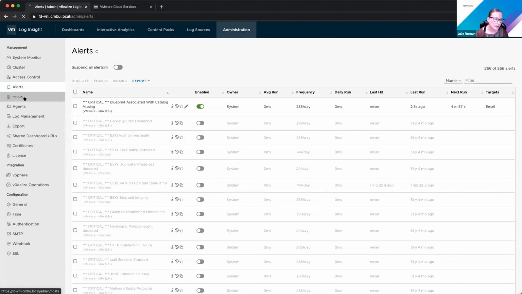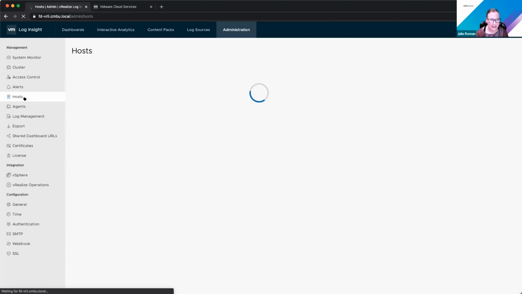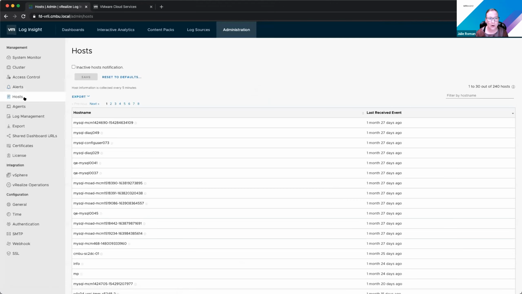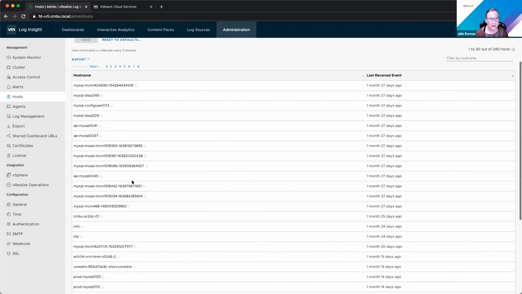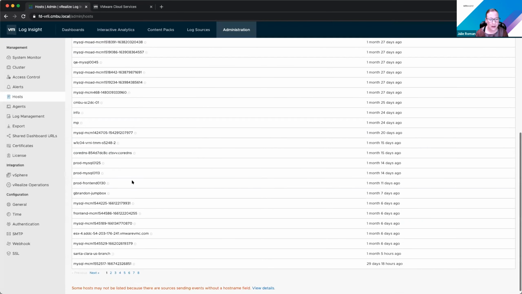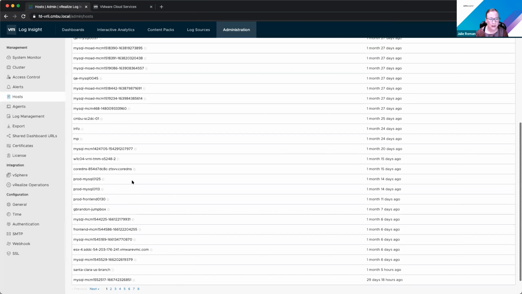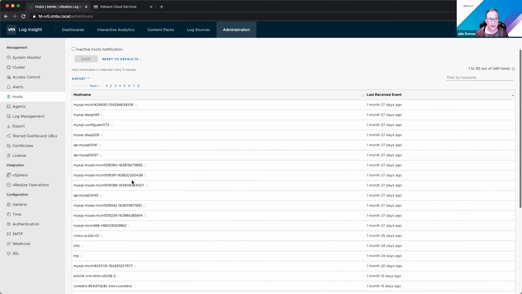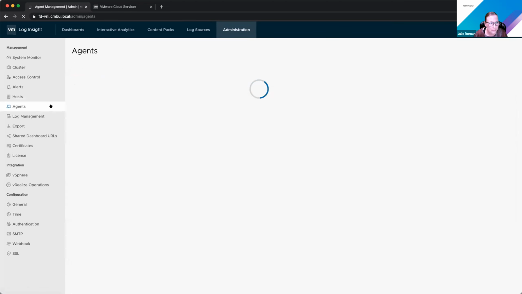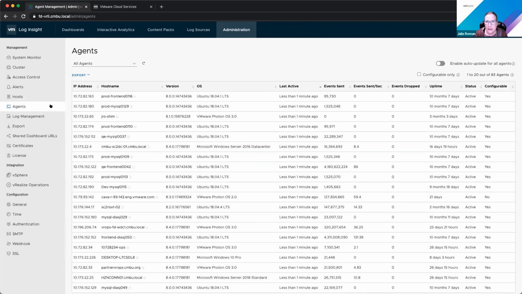Let's see, host is just going to show, it's not necessarily ESX host, this is all the hosts sending. So we have the Log Insight agent installed on all of these. So these are going to show me the hosts that are sending to Log Insight, whether it's an ESX host, a physical server, or Log Insight agent. And agent configurations